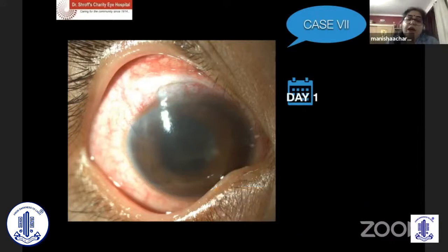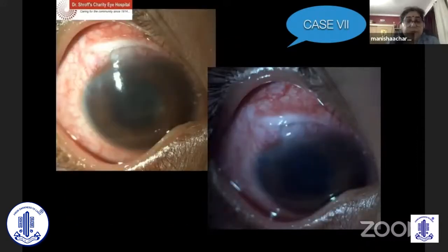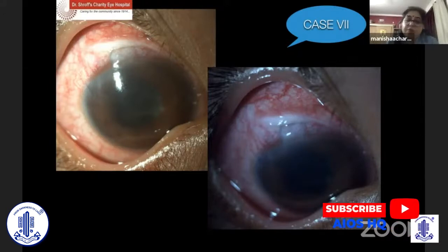But we all err on the side of infection at that point. It was quite in the evening. To get the scraping results was quite difficult, so we planned for an EUA the next day. And to start with, we started the patient with levofloxacin, along with, I would say here, I also gave the